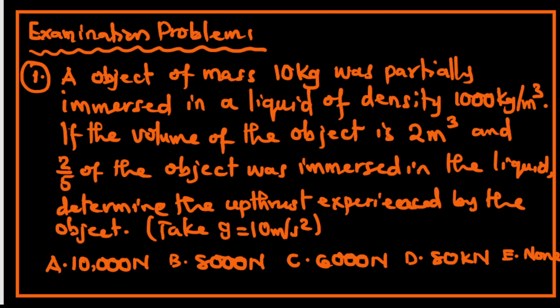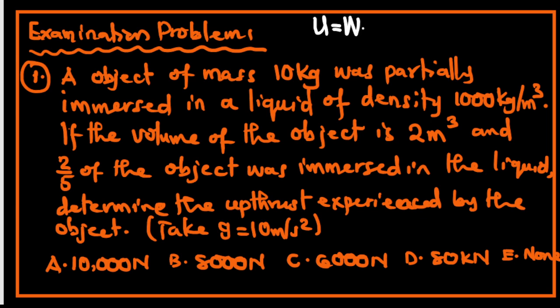And 2/5 of the body was immersed in the liquid. We are looking for the upthrust experienced by the object. You make use of Archimedes principle here. Archimedes principle states that upthrust is equal to